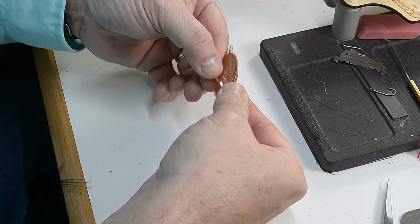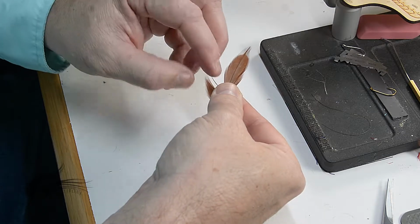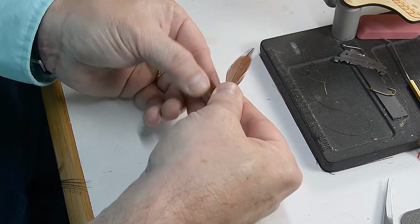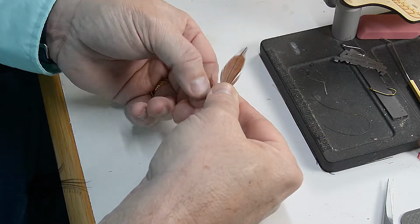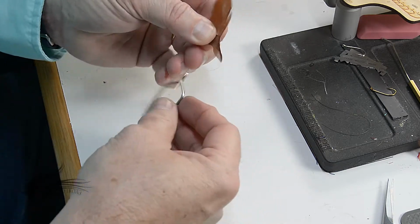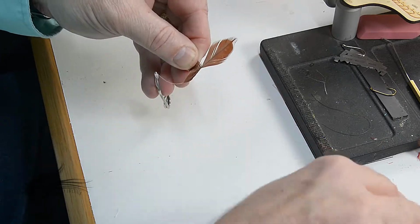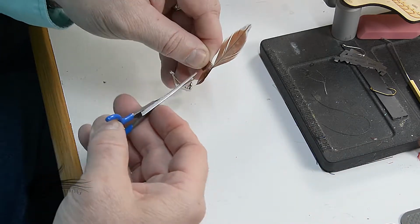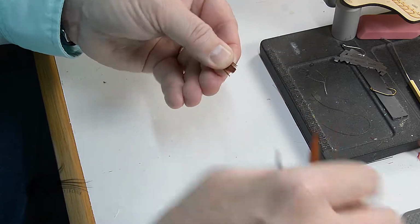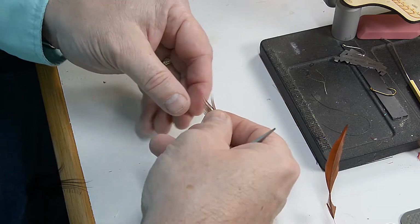I can manipulate these just a little bit while they're right here and get them in place the way I want them. And then my left hand will come in and grab all of these fibers that are nice and neat together and pinch those real hard. I can either peel this off, but I generally find that tears the whole false hackle up. I like to just come in with my scissors and cut those off. That ends up keeping the false hackle together a little bit more,